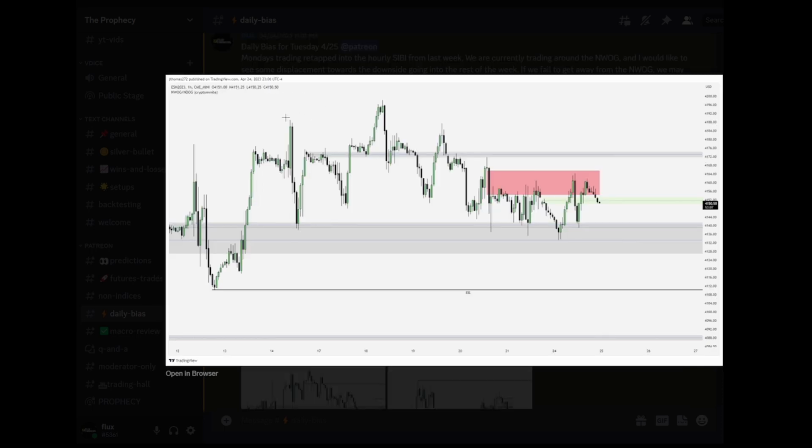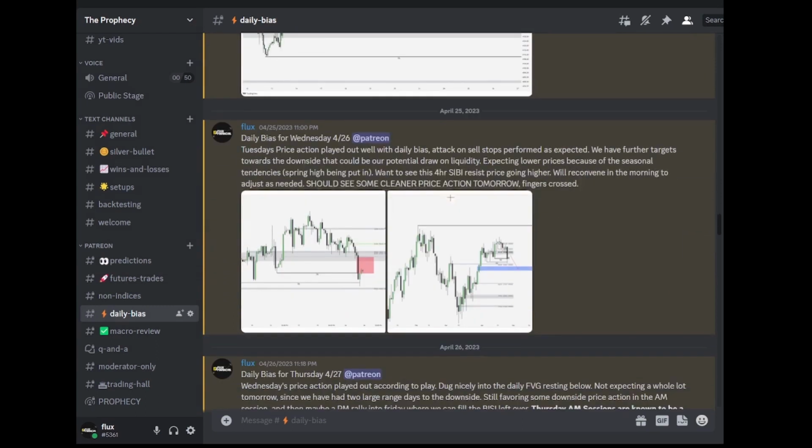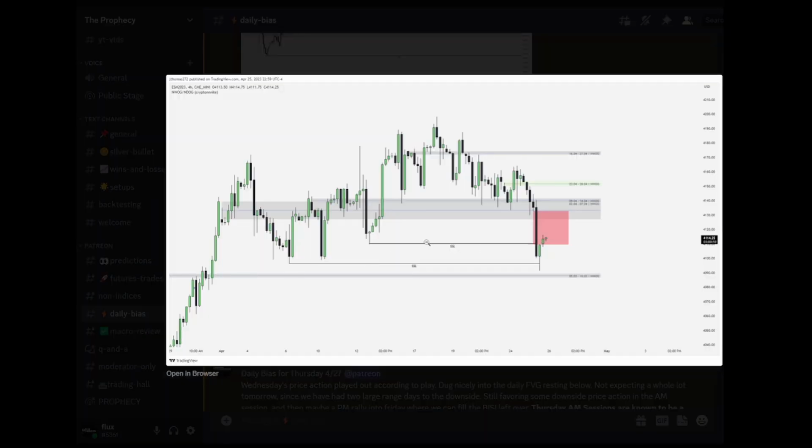Here's another example where we have this high that was purged on the 18th, and then we started getting lower prices since then. So I wanted to see this hourly, this is the hourly chart, I wanted to see this hourly SIBI that I outlined in red to resist prices, and it goes lower. So the daily bias would be lower prices, targeting the sell stops here and below here. Then if you look at the next day, we did end up getting those sell side liquidity points purged, and